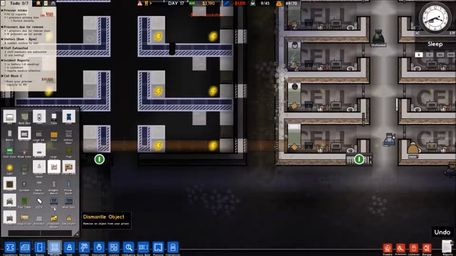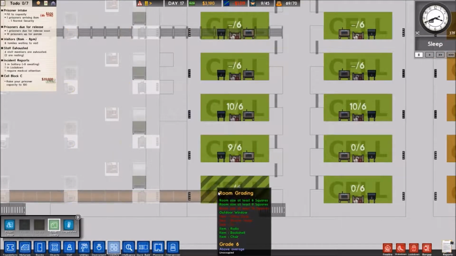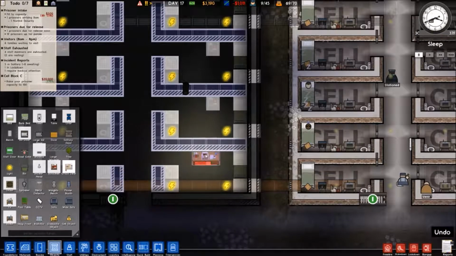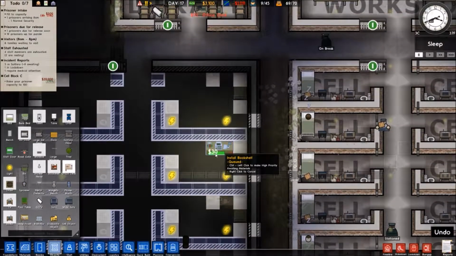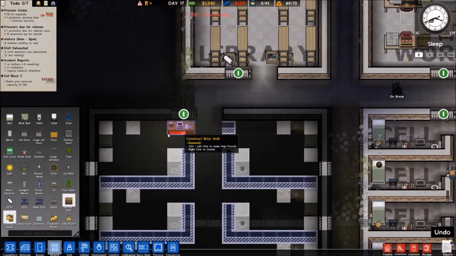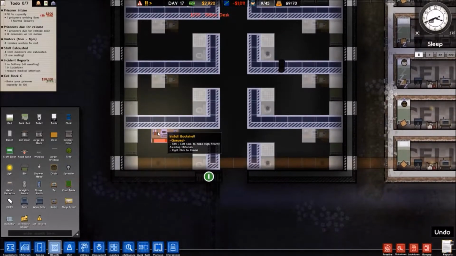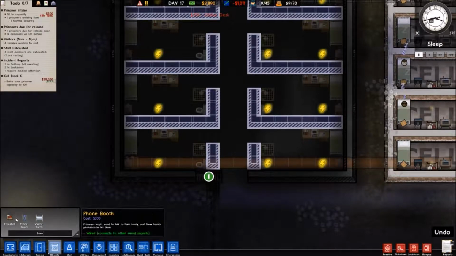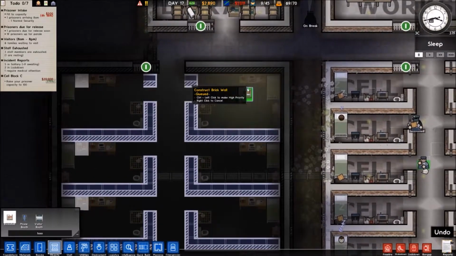Alright, what else did we need? What else do the cool kids get in their cells? I don't remember. Let's check. Where is the room quality? TV, desks. Yes. What good is a book without a desk? We're actually going to move the bookshelves so that we can fit a desk in there. So we're going to move the bookshelf closer to the bed, so that they can read while in bed, as well as on their desk. You know, double purpose.